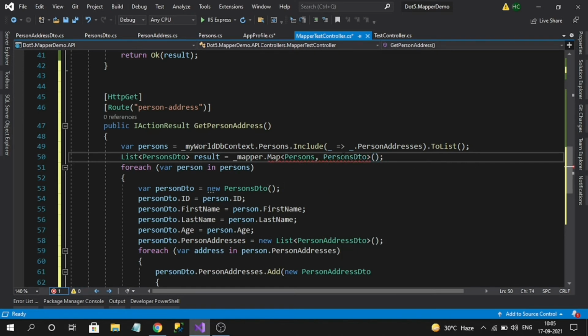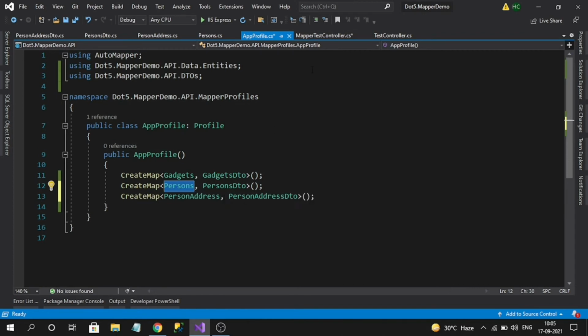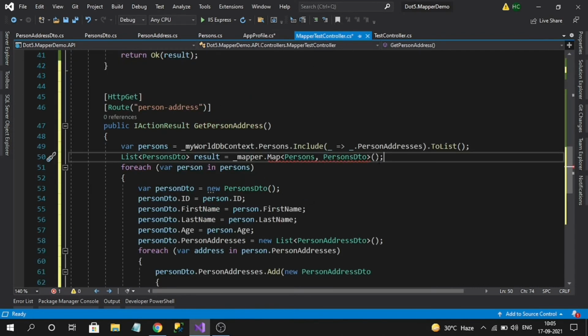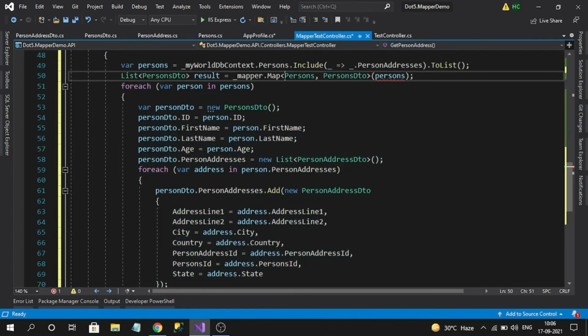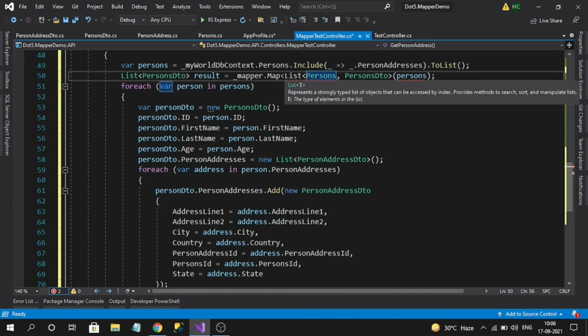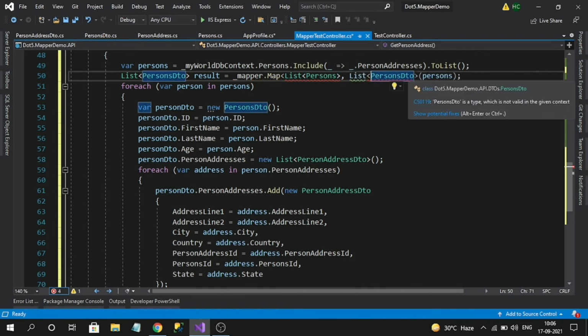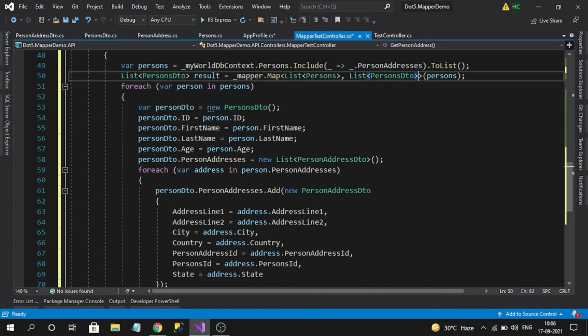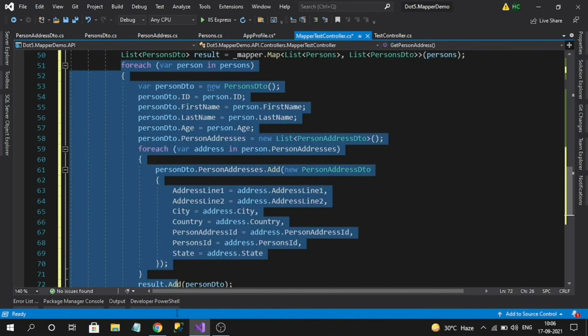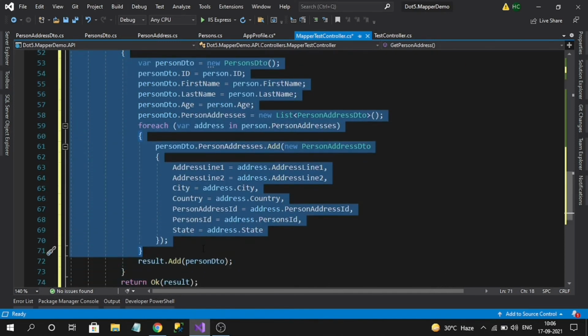No need to specify the child classes, but in the profile we need to register both parent and child. And if I pass person here, I am getting a collection of persons, so I need to specify the list as well. I'm not getting a single person, I'm getting persons. So I can remove all these lines of code.